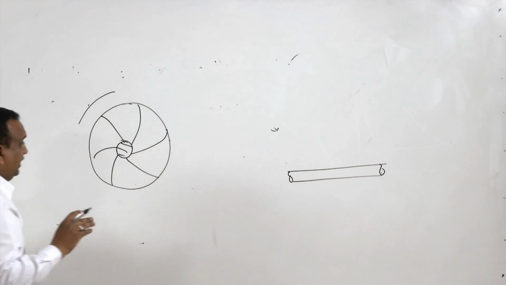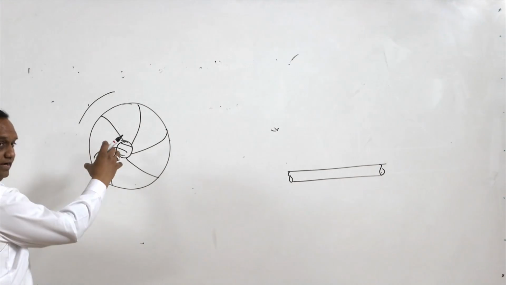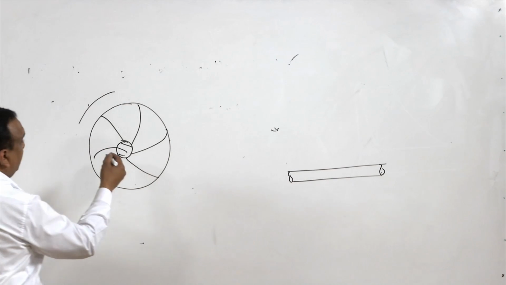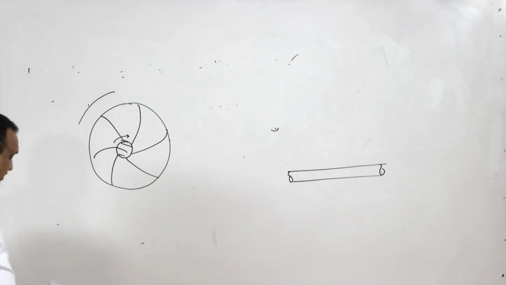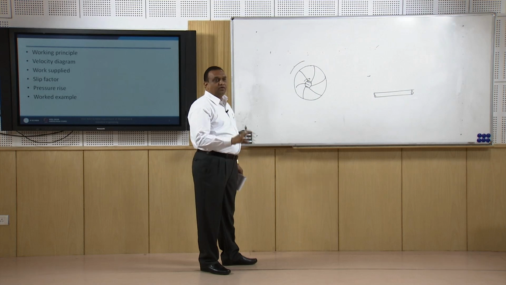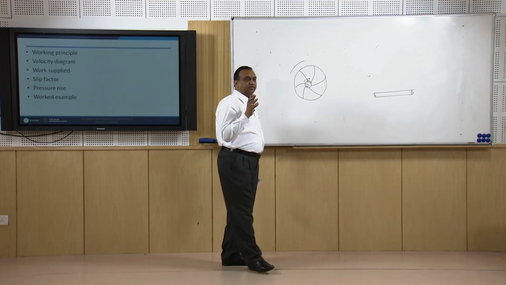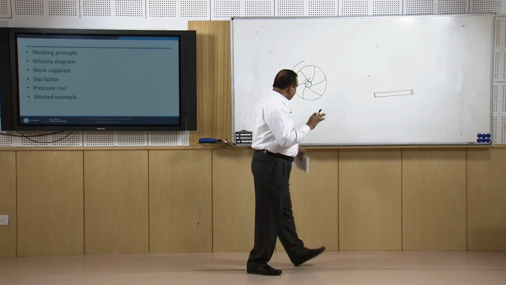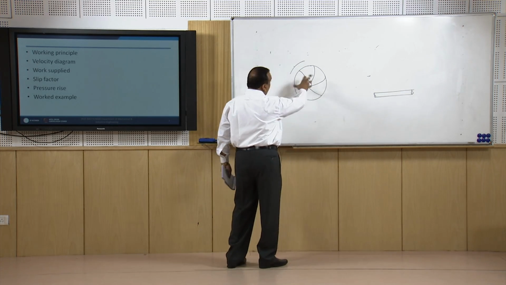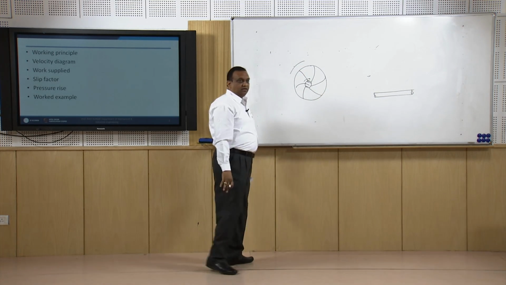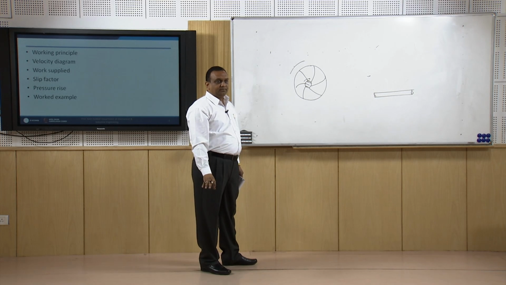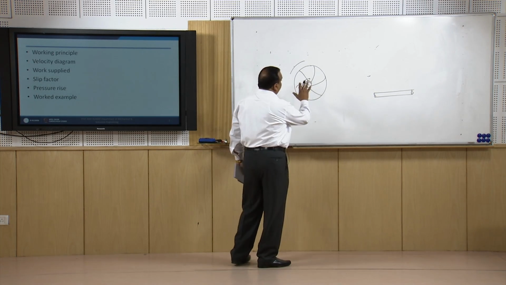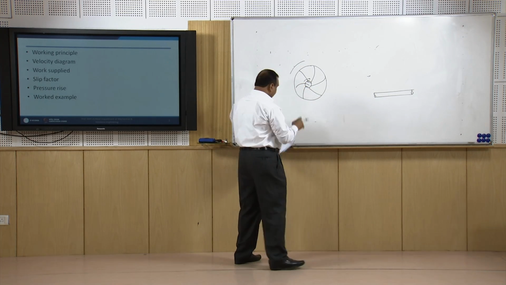When the air enters in the axial direction, the compressor is rotating at a certain RPM with the help of a motor, because in compression external energy, external work, is required. So, a motor is fixed. The motor moves the compressor at a certain RPM, and when the fluid enters this impeller,